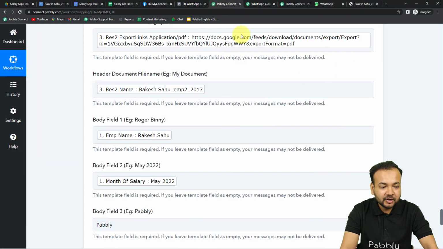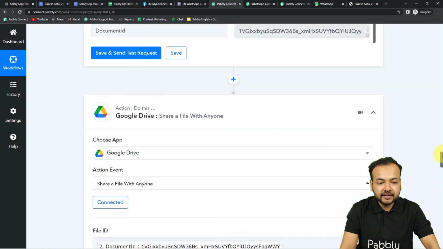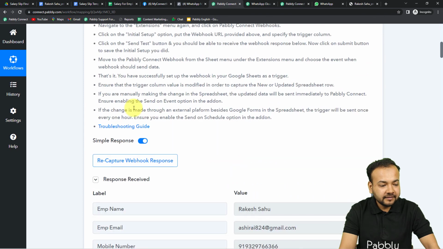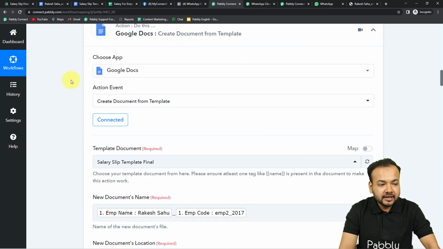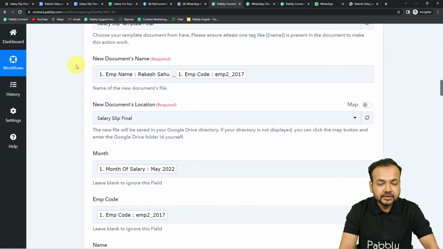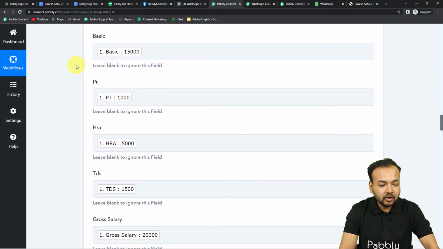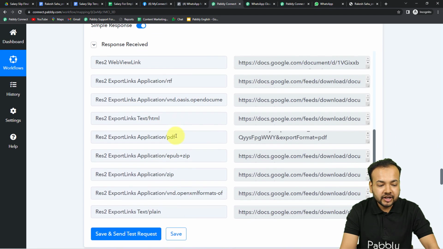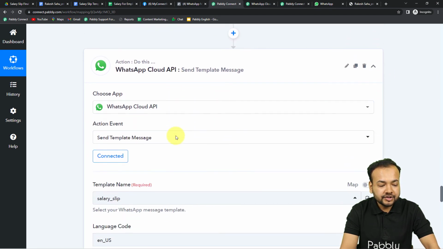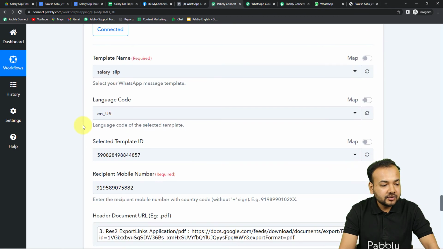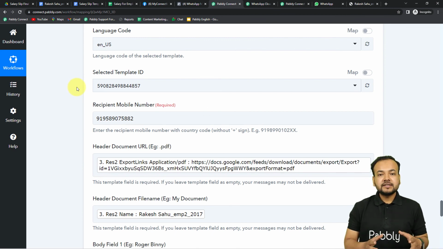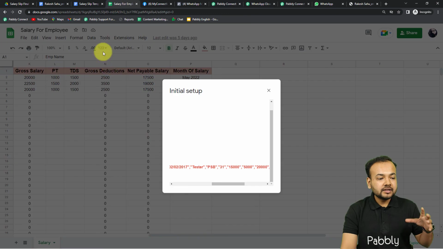So we are done setting up the automation, and you have to set up this automation only once, guys. So you have to connect Google Sheets in the trigger. After that, fetch the test data, then map the data here in the actions tab where we have connected Google Docs application to auto generate a salary slip document. After that, make that document shareable with the help of Google Drive application and connect it in the actions tab, and get the shareable links, and then share the link on WhatsApp using a WhatsApp message template and using the WhatsApp Cloud API. All right. So guys, you have to set up this automation only once. After that, as and when you are going to enter the salary details here,